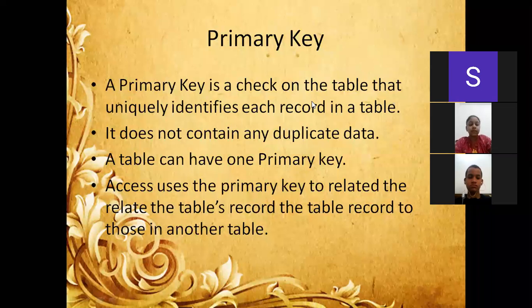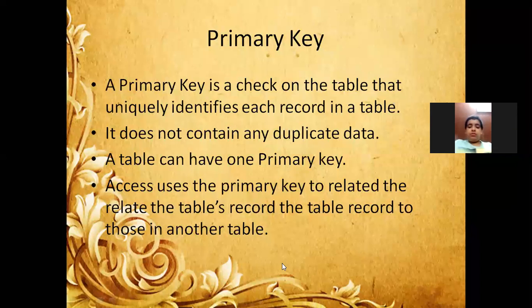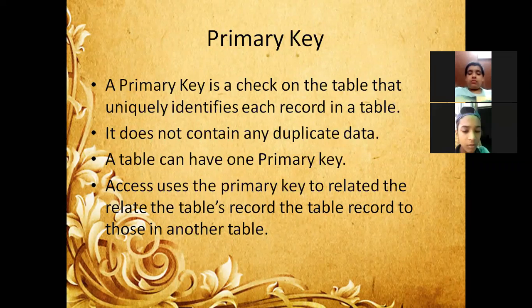For example, we are talking about roll numbers. You all have roll numbers in your class, somebody has 22, somebody has 24. And a roll number cannot be similar. Your name can be similar. Someone can have the name Shivam, and another person can also have the name Shivam. But there is something which cannot be similar, which is the roll number. So we set a primary key which is unique.